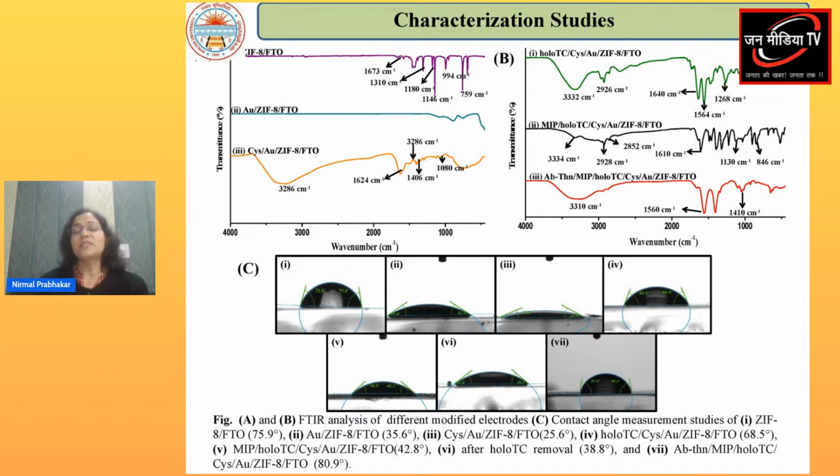And after attachment of holo TC, which is again a protein made up of amino acids, this peak then gets denser because of NH stretching. And other peaks are also there, which are related to the amide 1 and amide 2 bonds of the holo TC. After that, MIP was formed. MIP is basically the polyphenol deposition onto the surface. Because of the MIP formation, the holo TC peak and the cysteine peak were masked. So that's why these peaks are lowered, and there is less presence of these peaks. And after the attachment of antibodies conjugated to thionine, there is again presence of the 3310 per centimeter peak, which is because of